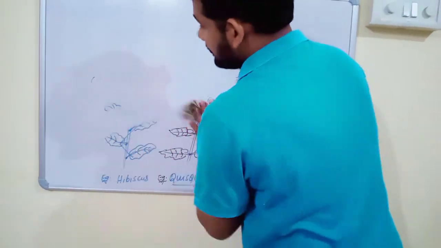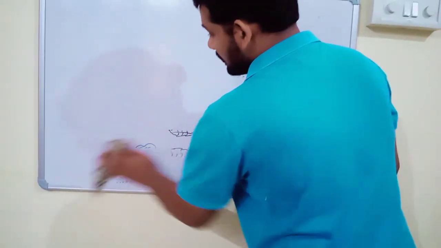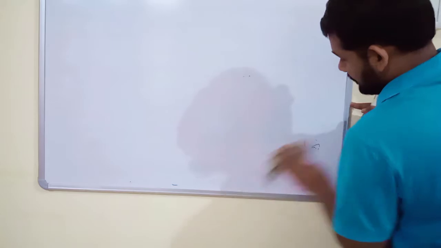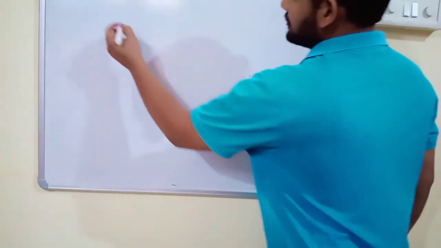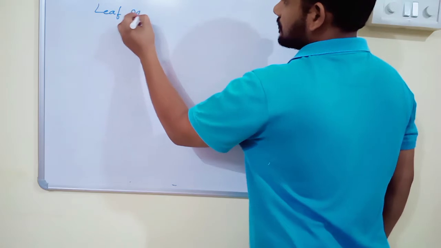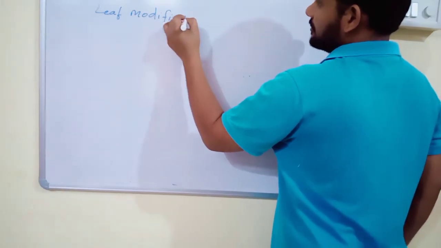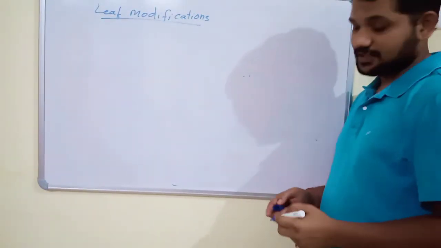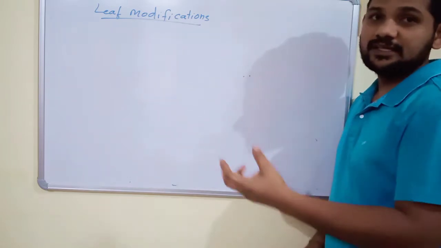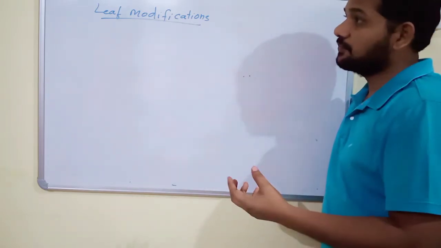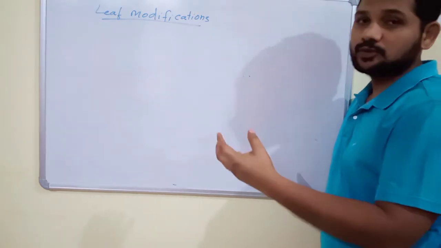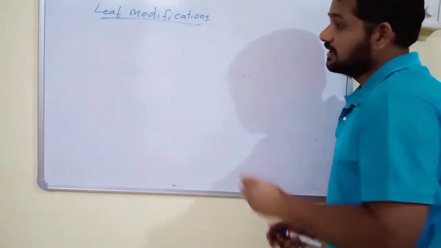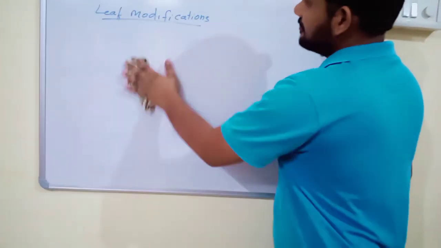And the last topic of leaf, or final vegetative organ, is leaf modifications. In previous videos, we completed the stem modifications and root modifications. So what are modifications? They are the permanent changes in the morphology of root, stem, or leaves, and these modifications allow them to perform various new functions, or adapt to changes in the environment. In leaf modification also the same definition is applicable.